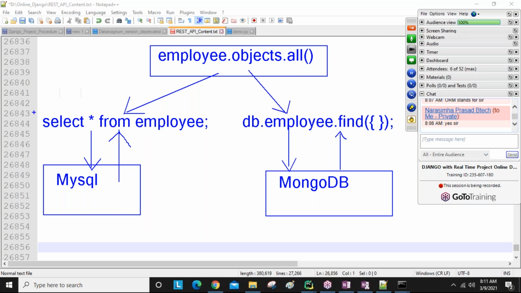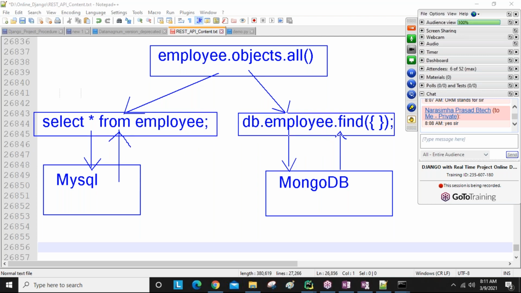So we are not writing database specific queries in our Django. We are writing our ORM queries. This thing we call ORM. Django ORM queries are converted into the specific database format to get the data. This is one of the best advantages of using the Django framework.